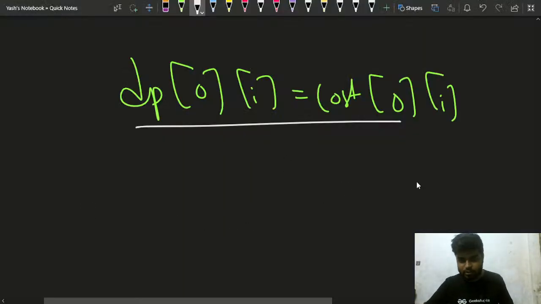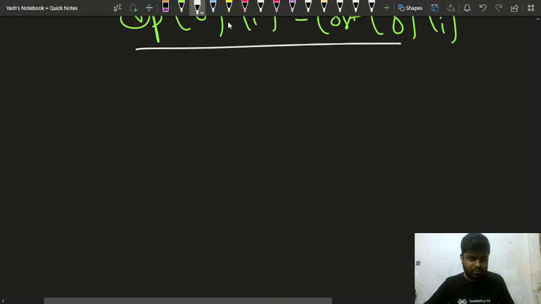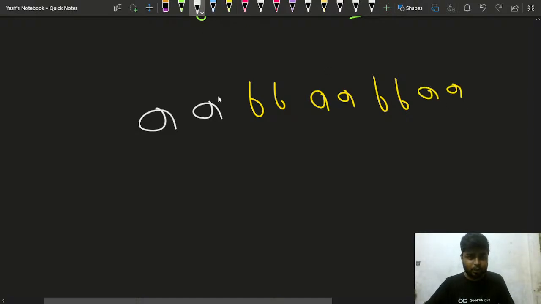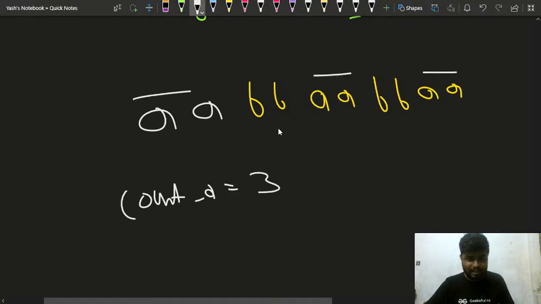Let's suppose this case was there. Just walking you through it again, if someone has joined just now: suppose A was there, B was there, A, then B, and then A was there. So count_A is what? There are 3 segments of A, this segment and this segment and another, and there are 2 segments of B. The segments of B are nothing but 2, so you will take the minimum segments.